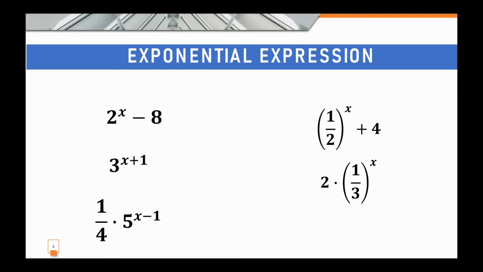Next, we have 2 times 1/3 raised to x. The base here is 1/3. 1/3 is greater than 0. The last one, we have 0.1 raised to the power of the quantity 3x minus 9. The base here is